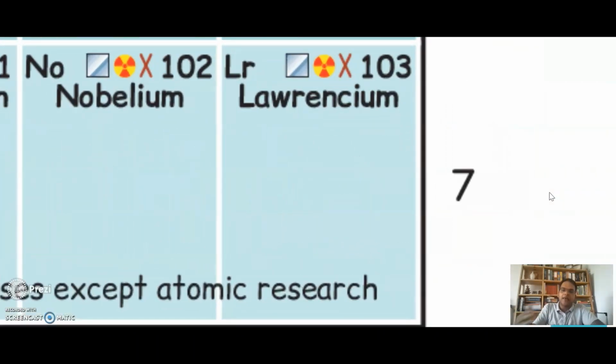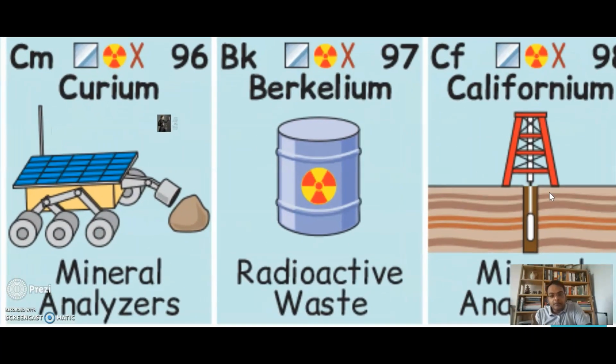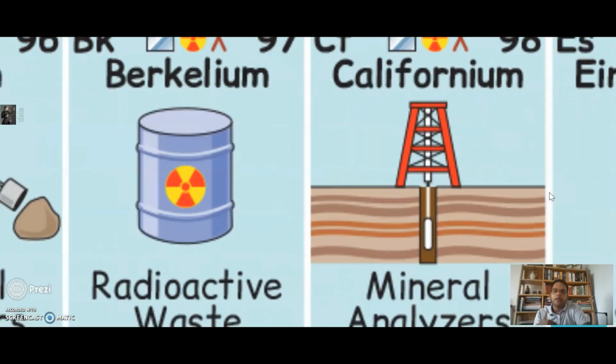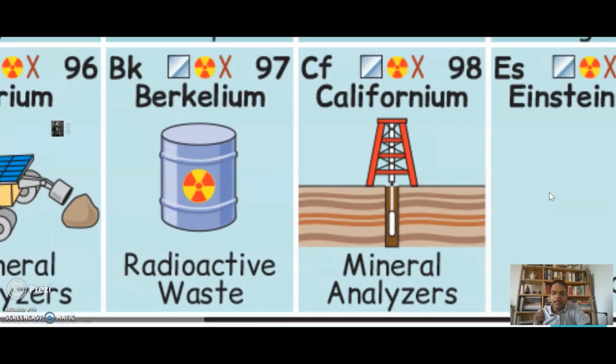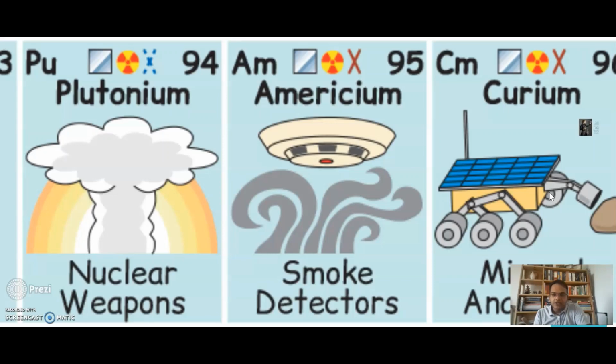Professor Seaborg's lab also discovered another element which was called lawrencium, and it's written as Lr for the short form of lawrencium. His lab discovered berkelium as well, which was named as Bk. Another element was californium, which was named as Cf, and another element which is americium, which is named as Am.